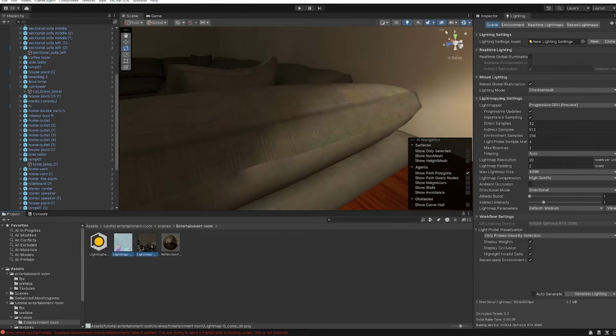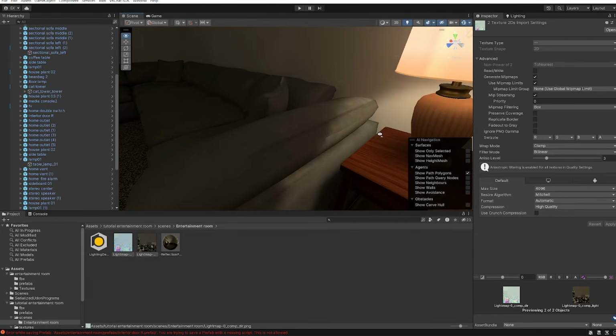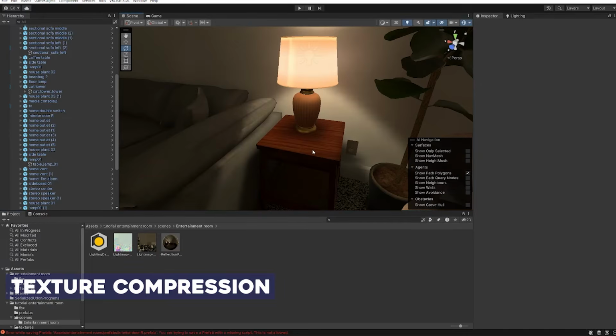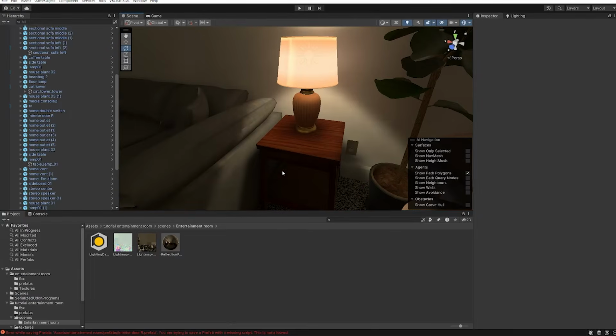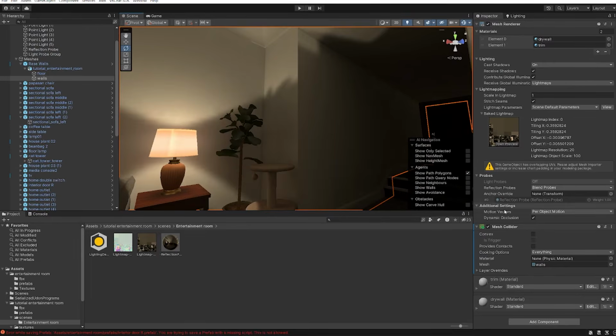If we select both of these light maps, go to the inspector, we can compress this. Compression is a whole other thing that we need to talk about, but I guess now's the time to do it. So when you bring in a texture, and let's select this wall under the base walls,